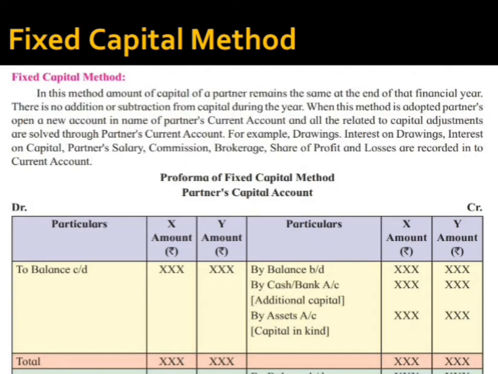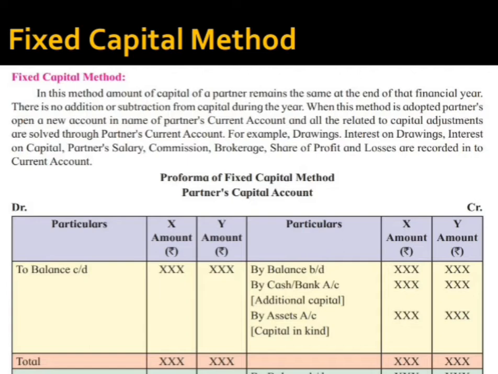When this method is adopted, partners open a new account in the name of the partner's current account, and all the adjustments related to capital are handled through the partner's current account. For example, drawings, interest on drawings, interest on capital, partner's salary, commission, brokerage, share of profit and losses are recorded